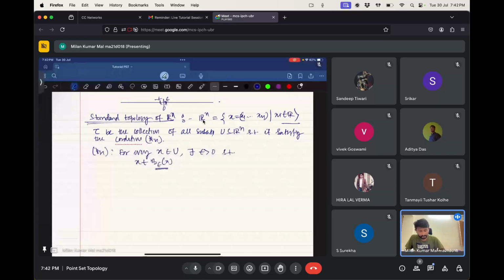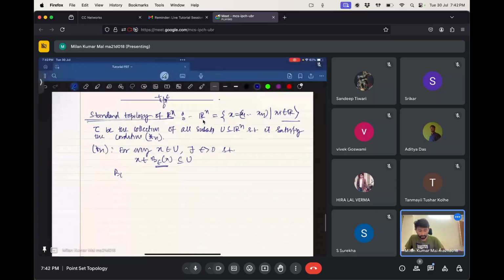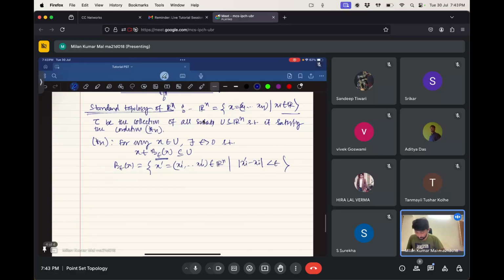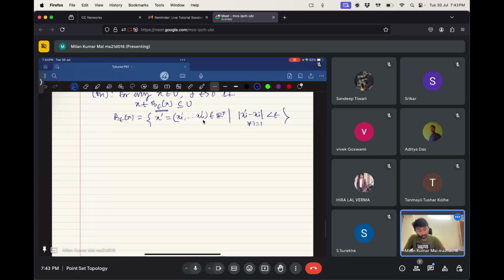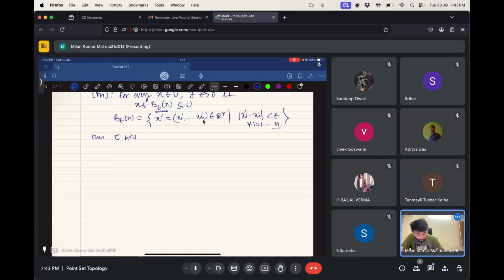What is this B epsilon of x? It is equal to all x dash belonging to R to the power n, where x dash is something like x1 dash, up to xn dash, such that the modulus of xi dash minus xi is less than epsilon for all i equal to 1 to n. This is the B epsilon, if I'm not wrong. Then similarly, we can show that the empty set and so on, then tau will form a topology